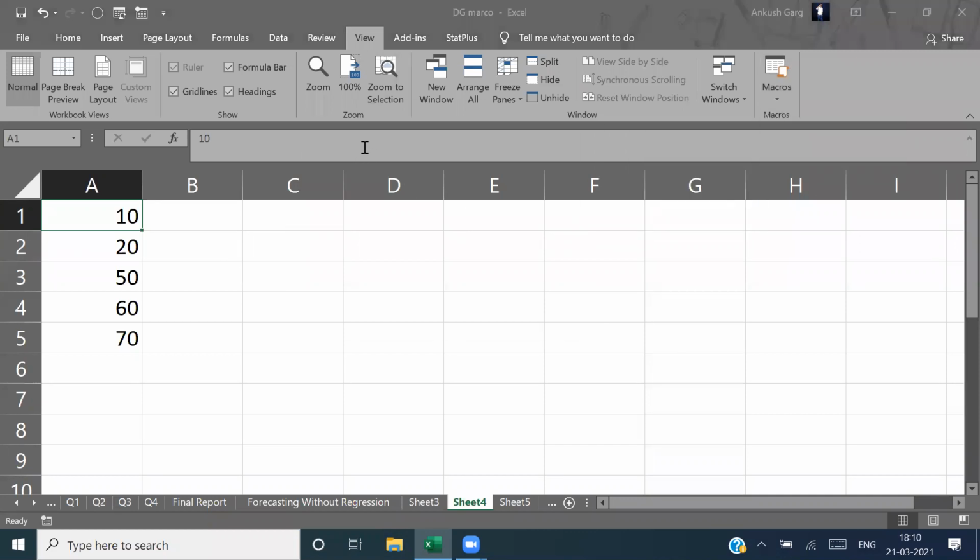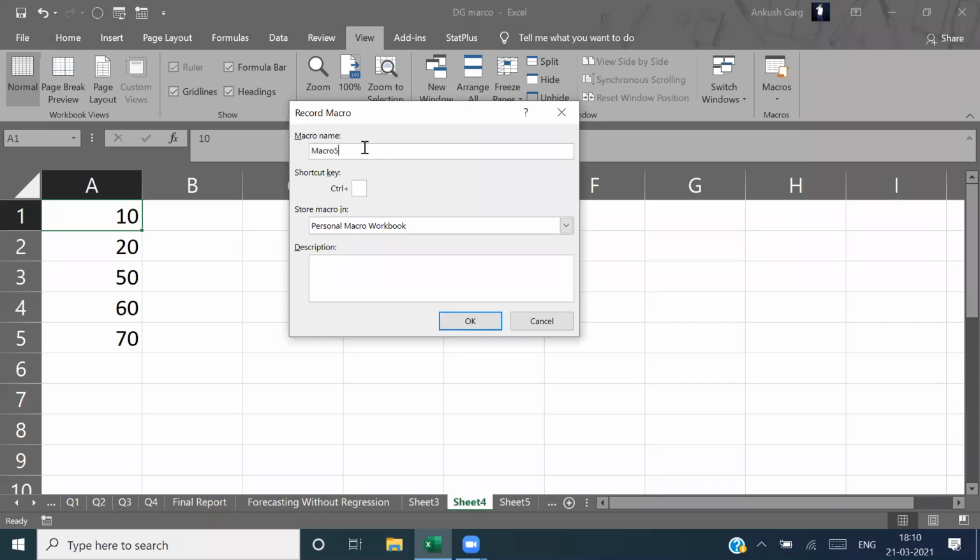When I click on Record Macro, it will ask what name you want to assign to the macro. If I am applying a filter, you can give the name filter. If I am applying conditional formatting, you can give the name conditional formatting macro. Whatever activity you are going to record, give the name accordingly so you can remember it easily. If you just use macro 1, macro 2, macro 3, likewise, and you create many macros, you may get confused about which macro has which type of task recorded. So it's better to give a name with the action.